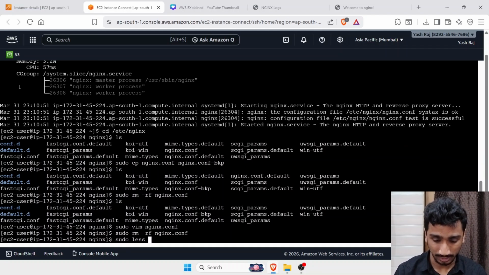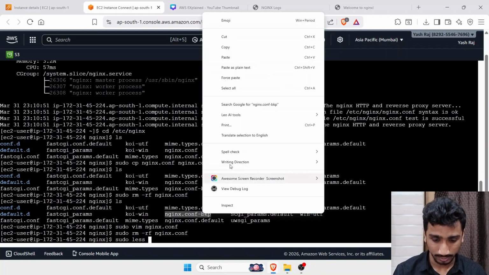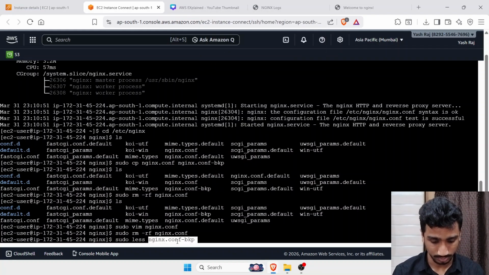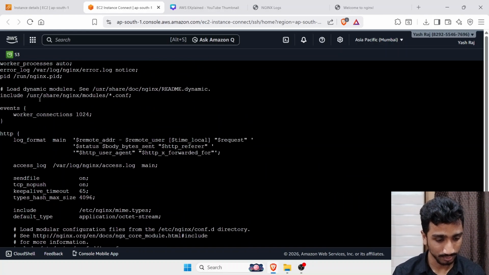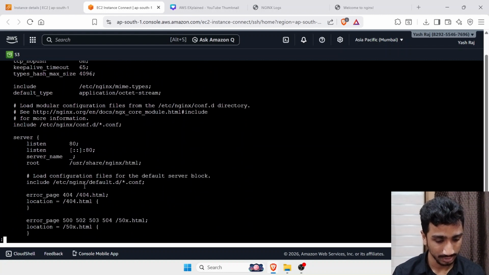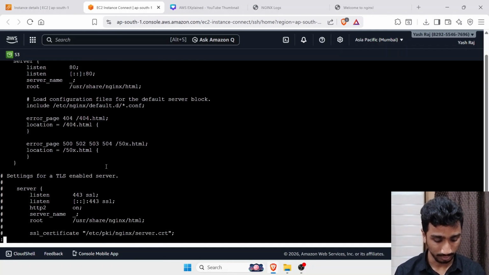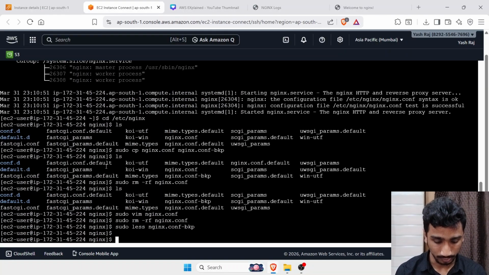So for that I basically paste my backup, sudo less, to view inside my main root file. So here you can see these are the files of my website. HTTP means my website settings are here. Here you can see it's currently on port 80, and you can see the root where your website's files have been stored on this file system, this file path. So I'm going to copy this, and pressing Q, and now I am going inside that file path